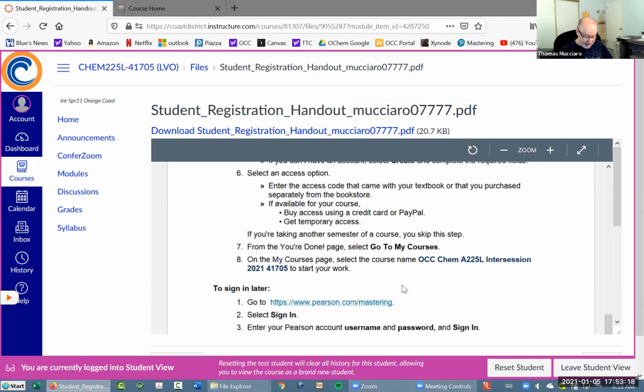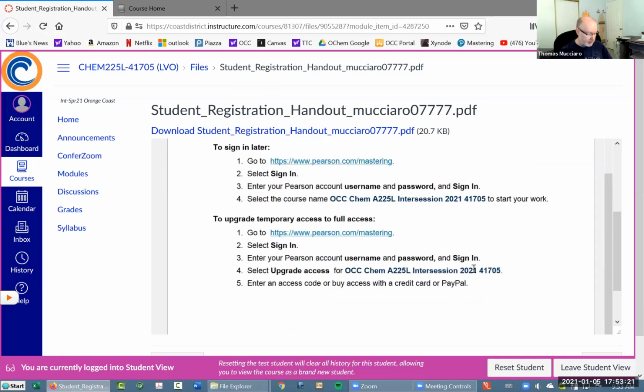And then you'll have to buy the access. You get 2 weeks temporary, but then you got to buy it. I think it's $40, or I think there's an $80 for a year. I don't know. I tried to keep the materials for this course inexpensive. I think that's the only material you're going to have to buy, because I'm using an open textbook, which is